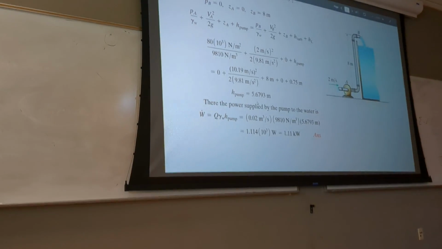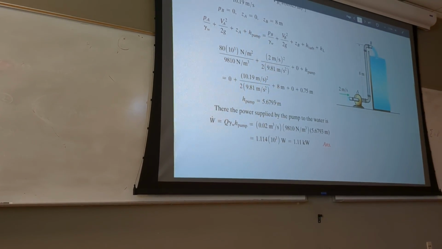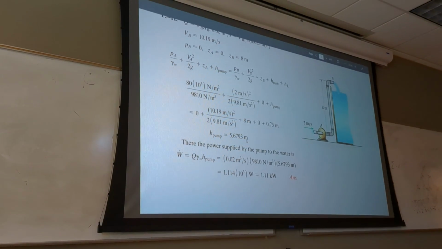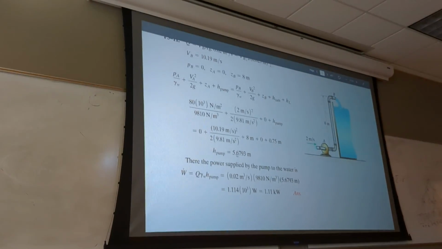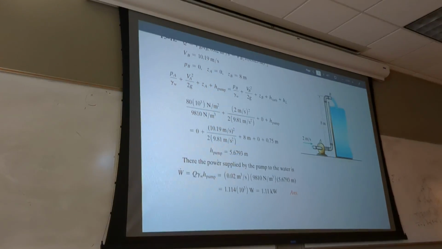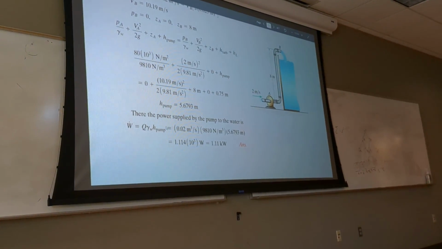That means, the physical meaning, you see this is not the distance. Even though it's in meters, this is not a distance. This is the physical meaning of work. That means the work done by this pump is such that it moves a column of water 5.7 meters up. So that much pressure, that much head, moves a column of water 5.7 meters up. That's a lot of work, right?